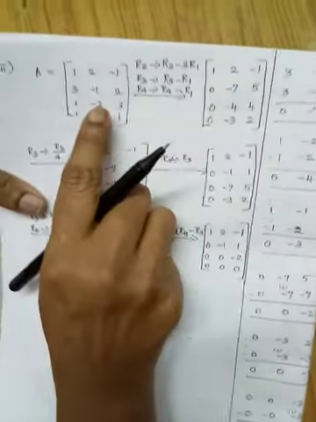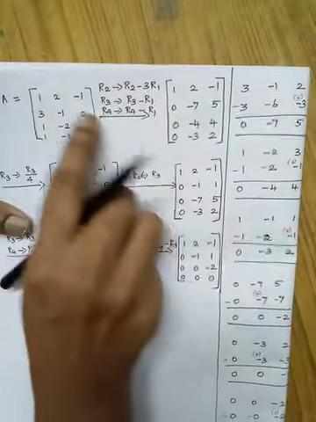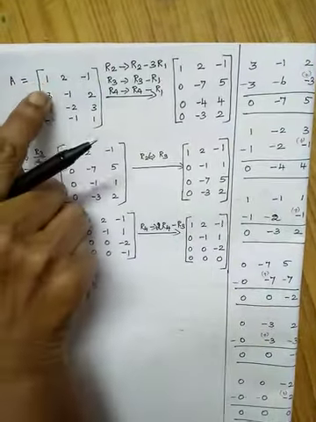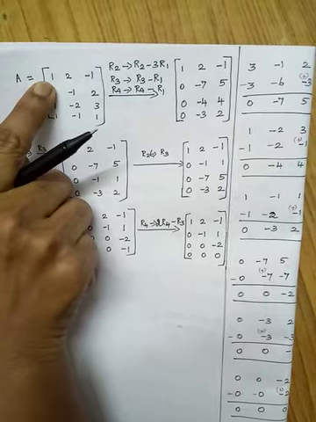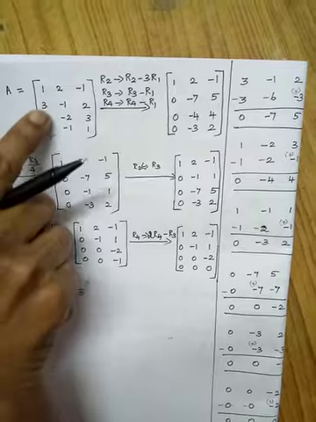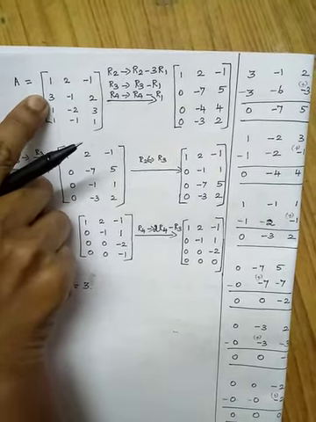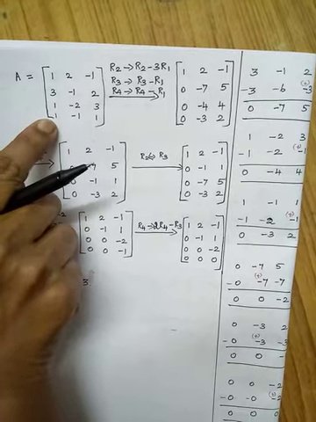Okay, you see the next problem. Here the matrix A is given, you have to find the rank. See, there are no 0 rows. You will have the first non-zero entry 1. What's our first step? We have to make these elements 0. So we have to do the transformation. We have to transform R2, R3 and R4.